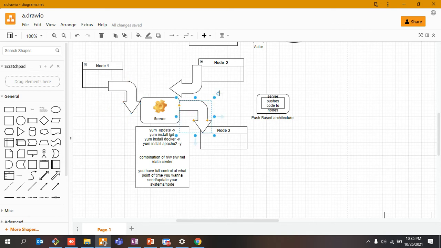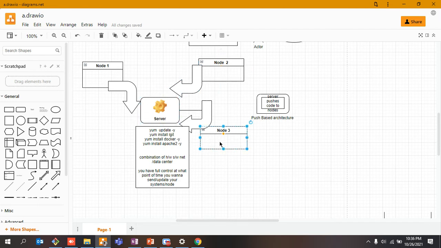Right? And if the server says, yes, I do have something updated for you, these are the new things that have been created, it will simply go over here. Let's say this computer would come itself, fetch this piece of information and install it itself. So in our push based architecture, the server was pushing each and everything. But in a pull based architecture, these nodes are requesting the server, hey, do you have anything updated for me? If yes, okay, now let me update myself.